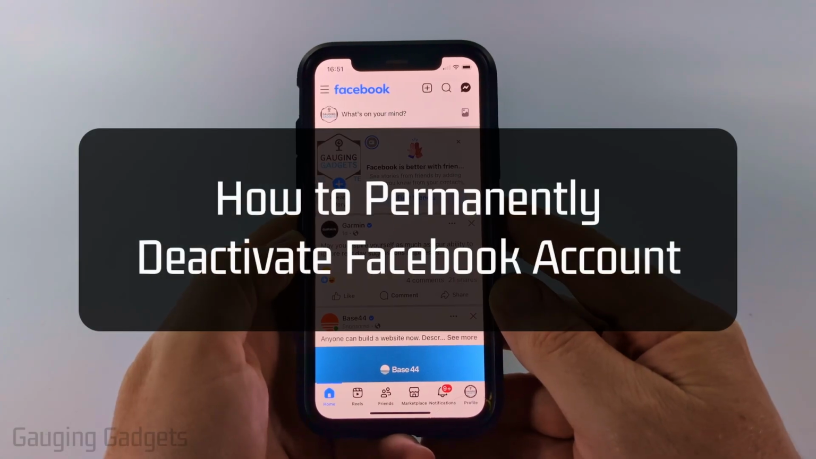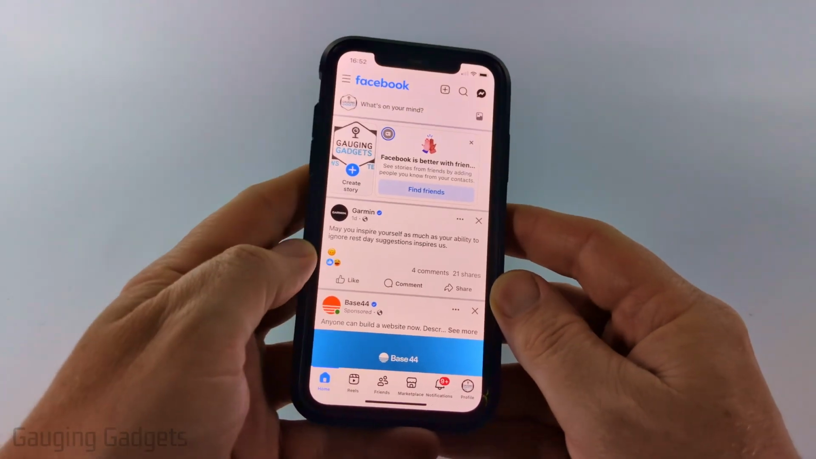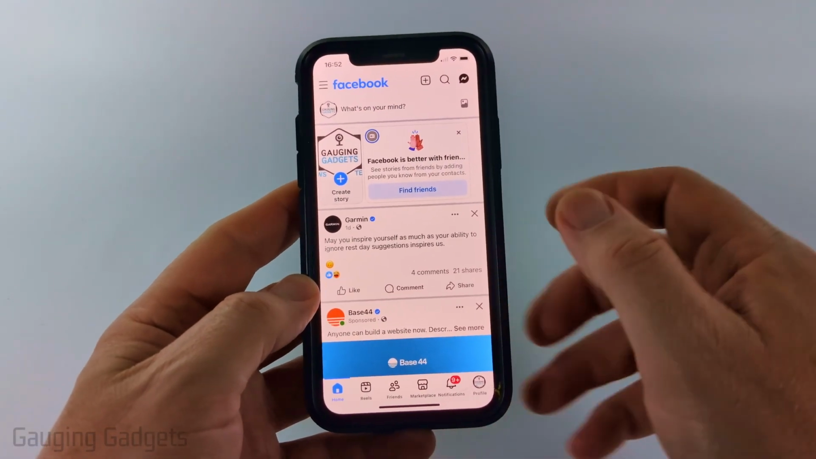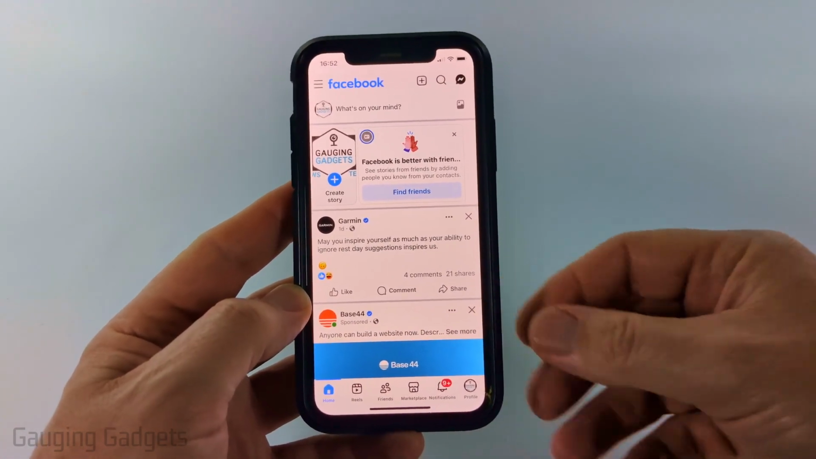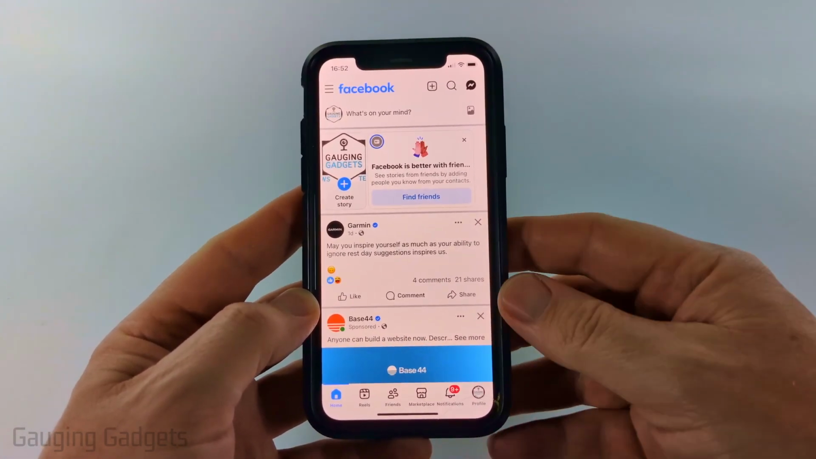How to permanently deactivate Facebook account. In this video, I'm going to show you how to deactivate your Facebook account and stop it from automatically reactivating. This way you can deactivate your Facebook account and it won't reactivate unless you want it to by simply logging